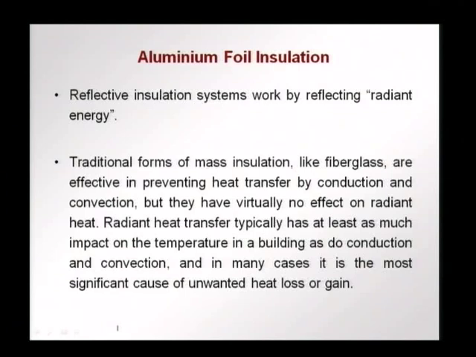When we have a more traditional form of insulation like fiberglass, the insulation is provided by cutting off conduction and convection, that is the heat transfer by conduction and convection is cut off. However, they do not have any effect on the radiant heat, that is they do not reflect off heat. Generally these are rough surfaces, not shiny surfaces, so they do not have much effect on the radiant heat,